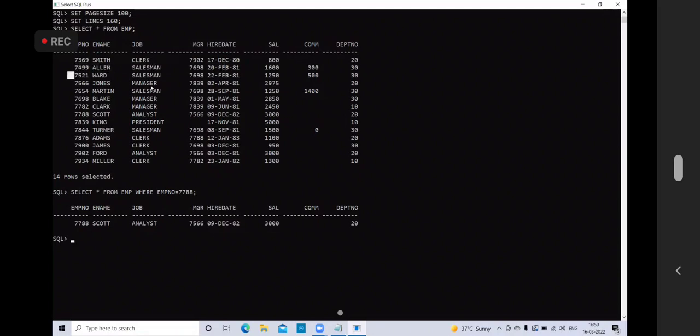Allen, Ward, Jones, Martin, Blake, Clark, Scott, King, Turner, Adams, James, Ford, and Miller. These are called what now? Individual rows. Every row is an individual. Like this, how many rows do we have in the table? 14 rows are there. So these 14 individual rows of data will be verified by your where